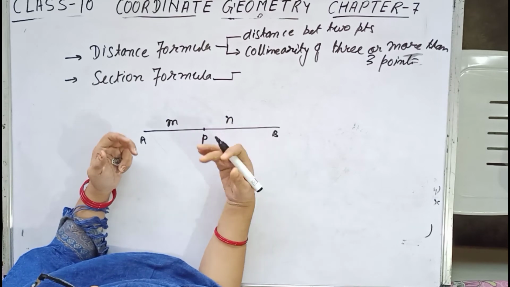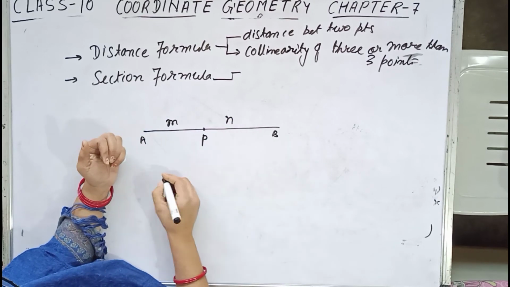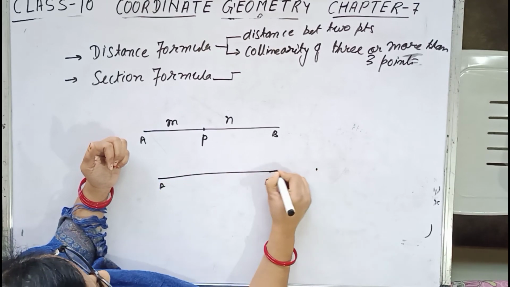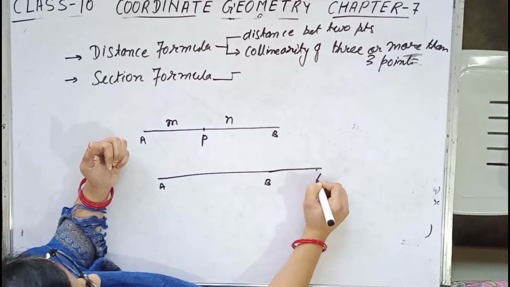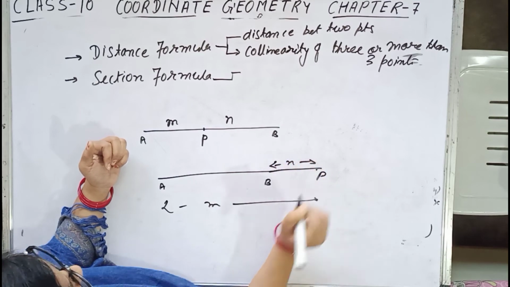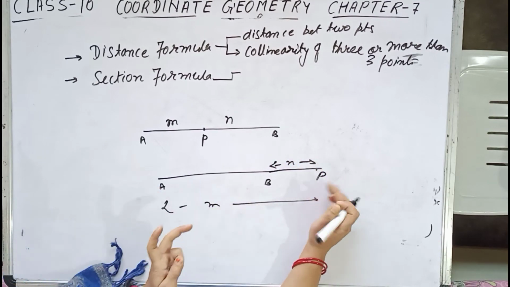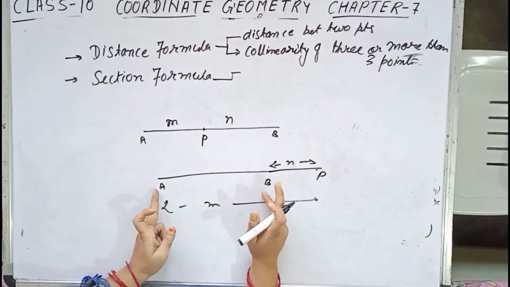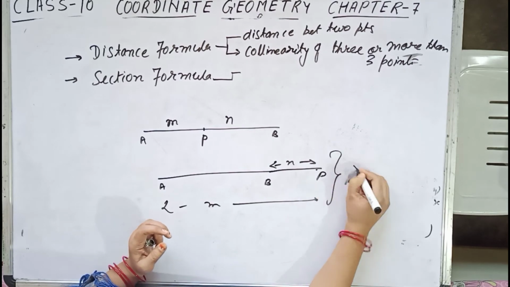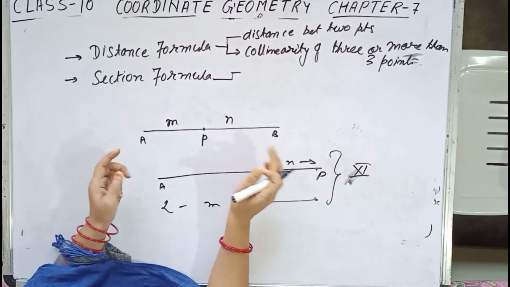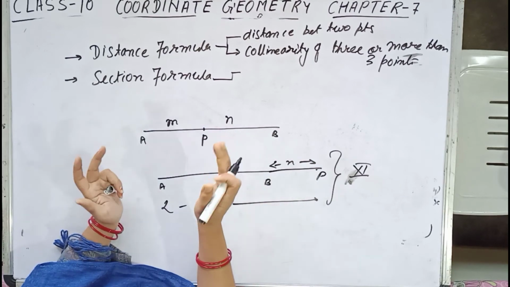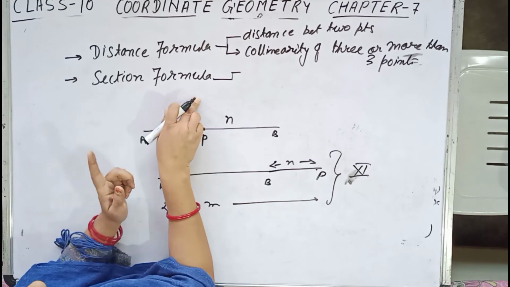Now practically you cannot do it, but over here on this plane, suppose this one is AB and this point P I take over here, and if I take this ratio as m and this ratio as n, then m is to n is the external division of this line segment AB. Now this portion you don't have to study now, you will study it in class 11. So in class 10 only the internal section formula is there, that is, division of a line segment internally.